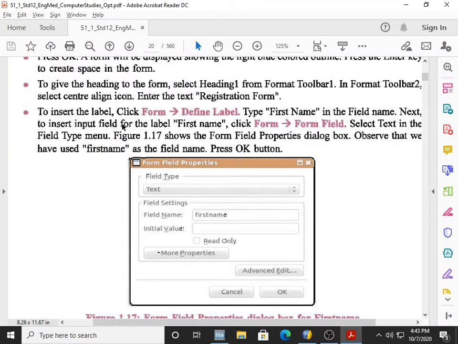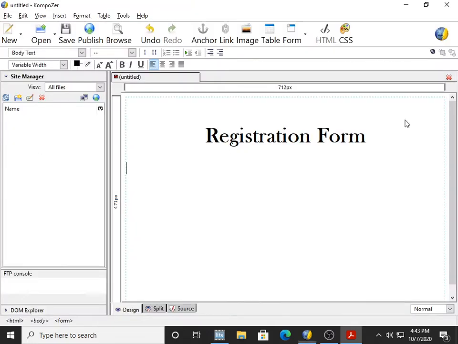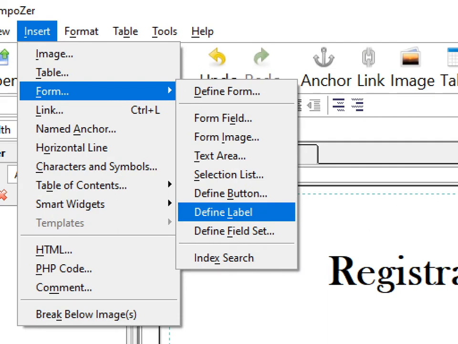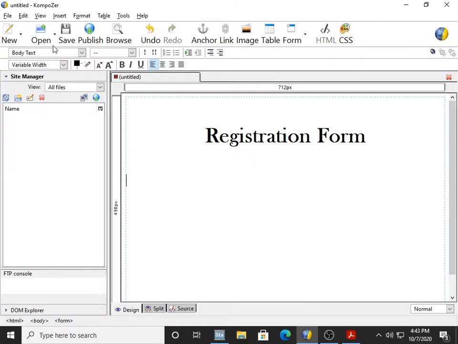Then to insert a label, click on Form and Define Label, and type First Name in the field name. We follow the sequence: Insert, Form, Define Label. Look at the sequence: Insert, Form, Define Label.